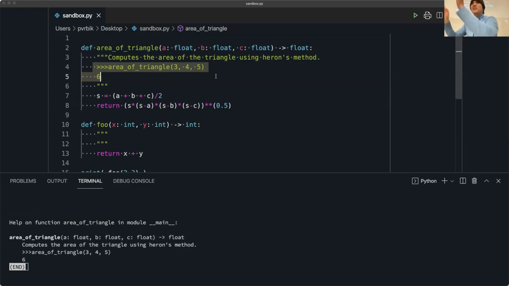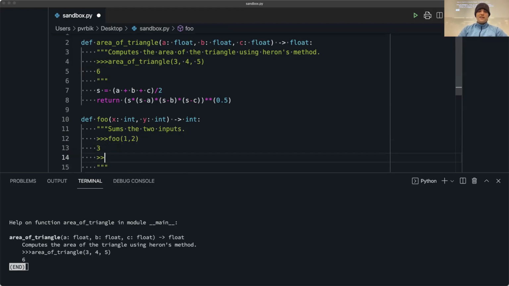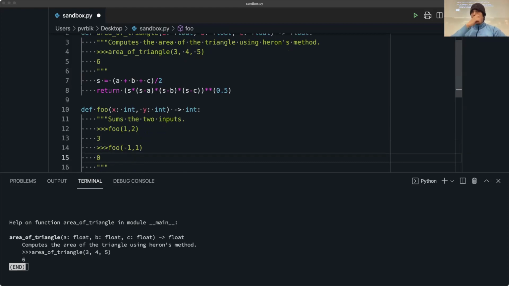You always want to have like a series of tests so that if you change something, you know if something's broken. So here, this may be sums the 2 inputs, usage, right? Foo, 1 and 2 gives me 3. Foo minus 1 and 1 gives me 0.